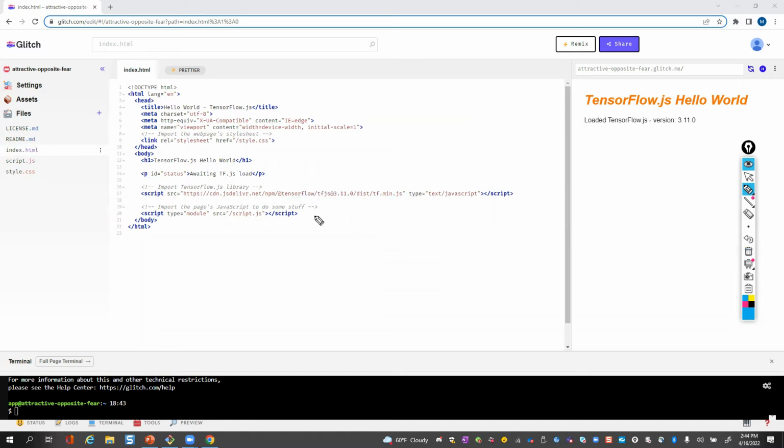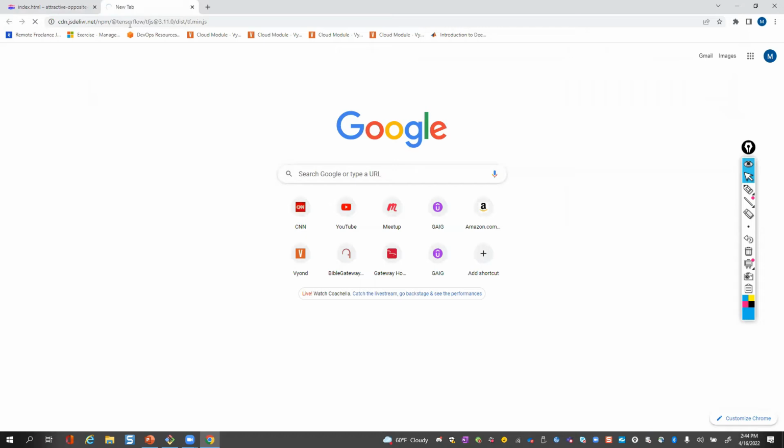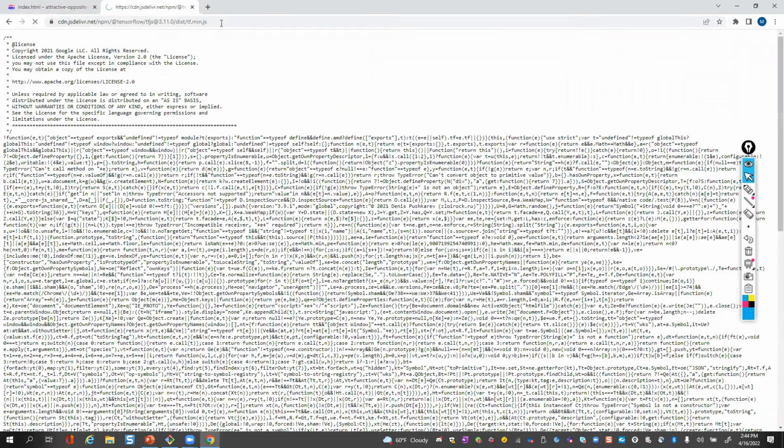So if you've never seen minimized script, let me go ahead and grab this and show it to you real quick. So I'm going to go ahead and bring up my browser and stick this in the browser so you can see the minimized script. This is what's being downloaded into the browser, okay, and being run to make TensorFlow work. Give it a moment. Typically, it doesn't take that long, but there you go.